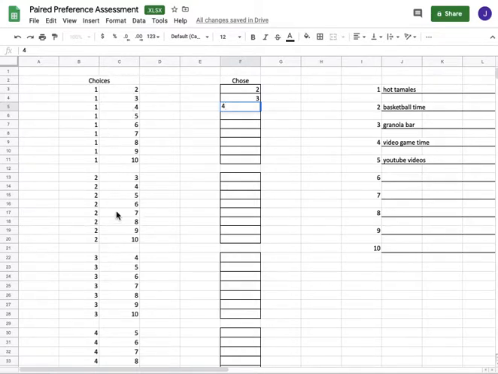You can jump around, but you want to make sure that if you say, would you rather have 2 versus 3, basketball time versus a granola bar, you put their response in that respective space for that particular pairing. So if you ask your child, would you rather have basketball time or a granola bar, and they choose basketball time, you would find that correct square and put a 2. So you would go through all of your items and have all the pairings. You don't have to do it in a particular order. You can jump around, and jumping around probably makes it a much more valid